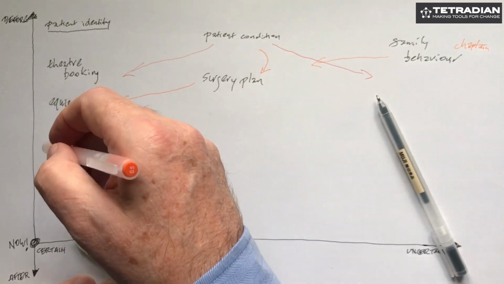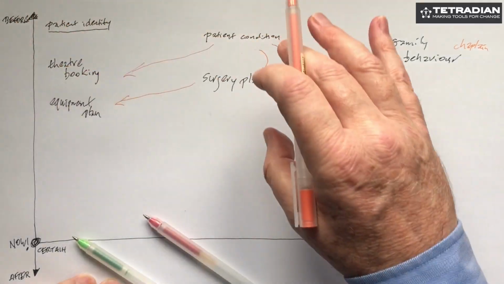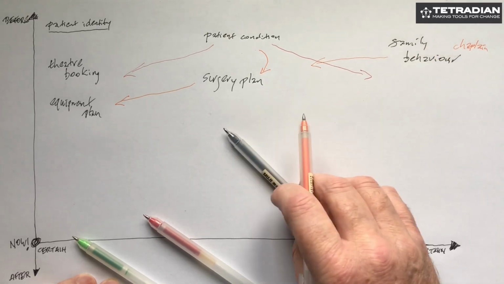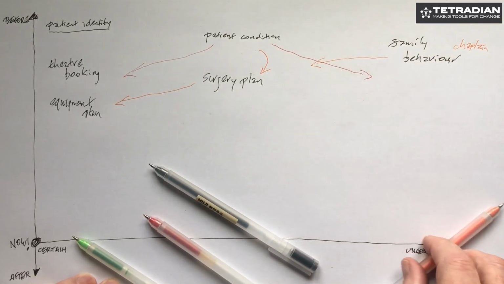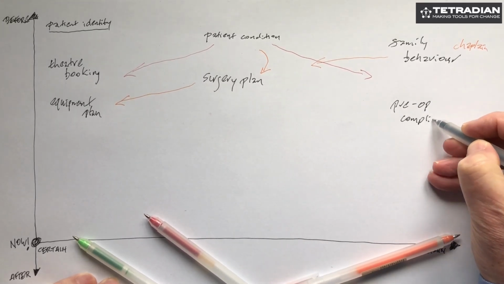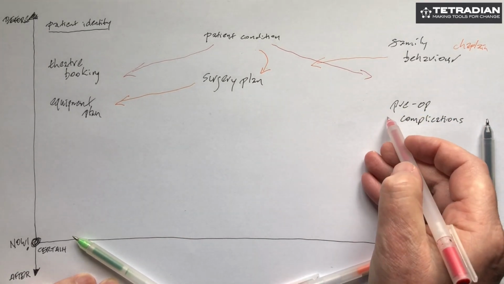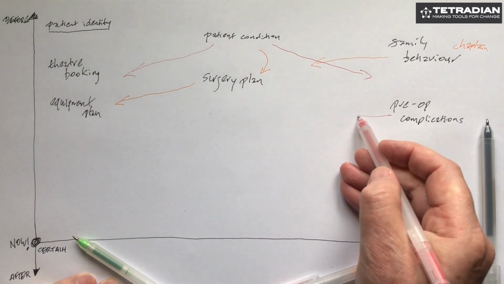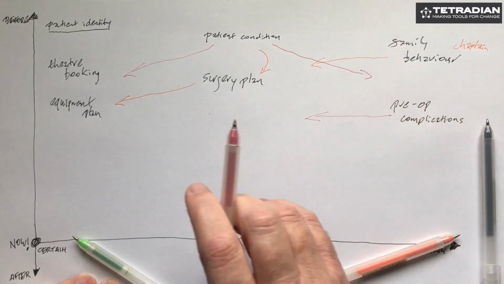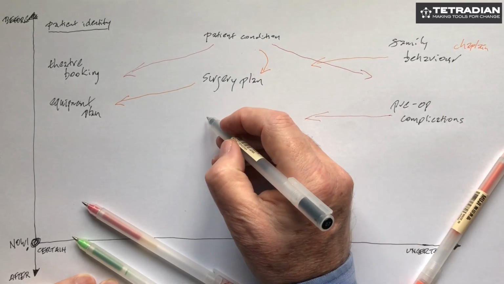We can't go into the theatre if we haven't got the right equipment, otherwise we're going to be putting the patient at risk. So we need to be certain about this. We know these are uncertain. We know that we don't have a clue what's going to happen here, because one of the things that's likely to happen is we're likely to get pre-operation complications. And again, we really want to be able to pull those over as much as we can to make those more certain. But we know that we can't know beforehand. We've also got to check the surgical staff availability. Who's going to be available to do it?